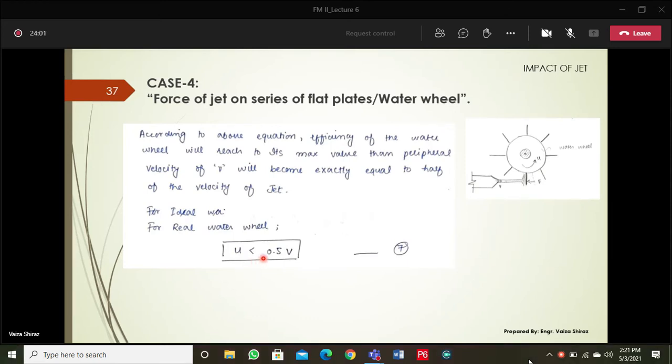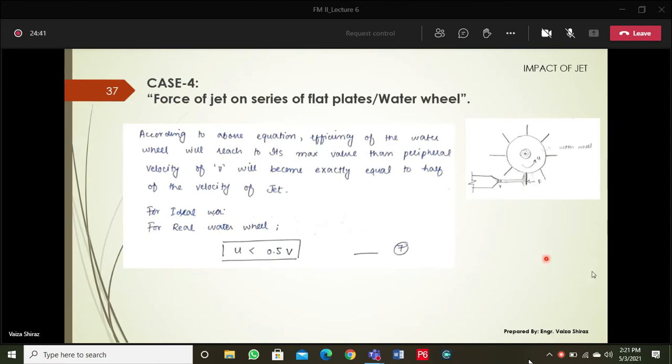Okay, see, the water wheel is such a crude machine that theoretically the maximum peripheral velocity which you can get from this is only 50% of V. It means that even if you are working theoretically for the ideal case, still only 50% of the jet velocity is converted into your wheel's velocity. Okay? So it means that it is a very crude machine. You cannot entirely depend on this machine to get a good result. It means that a lot of your hydraulic energy is being wasted in the system.